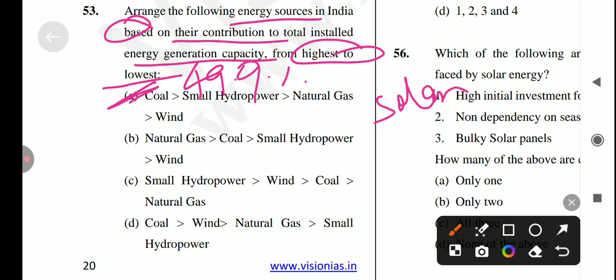सोलार। तो सोलार तो यहाँ पे नहीं है, सो सोलार का कितना परसेंट हो जाएगा? 16.1%। ओके, देन थर्ड वन में कौन सा हो जाएगा? विंड। तो सेकंड में कौन सा हो जाएगा यहाँ पे? विंड। दिस वन ऑप्शन नंबर डी इज द करेक्ट आंसर फॉर दिस क्वेश्चन। कोल हो जाएगा 49.9%, विंड हो जाएगा